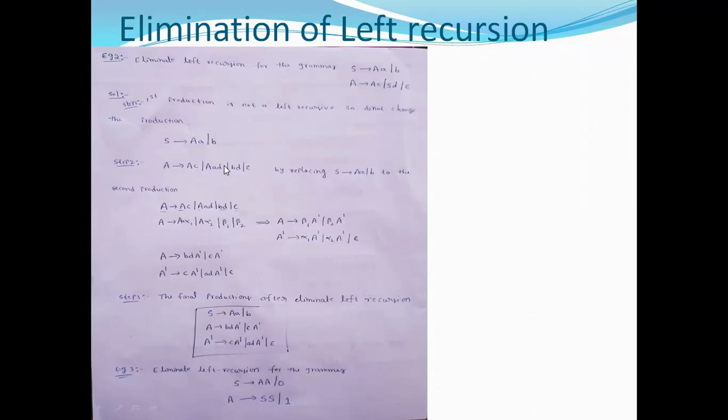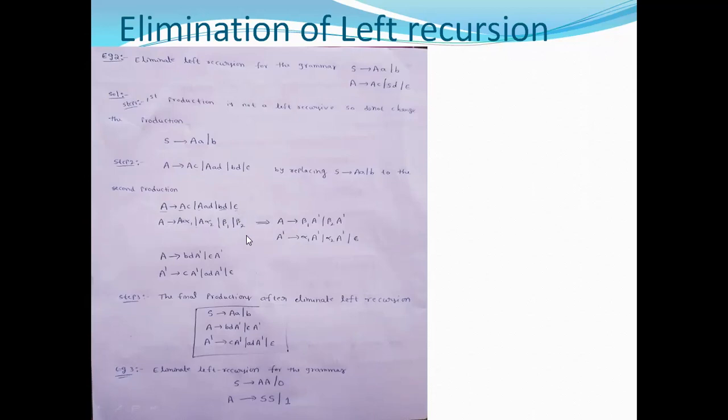So is this production a left recursive production or not? This one is a left recursive production. Why? Because the LHS is equal to the leftmost symbol present in the right hand side. So that is called a left recursive production. So the production is in the form of A is production with A c, A a d, B d, epsilon. So the production is in the form of A is production with A alpha 1, A alpha 2, and beta 1 and beta 2.